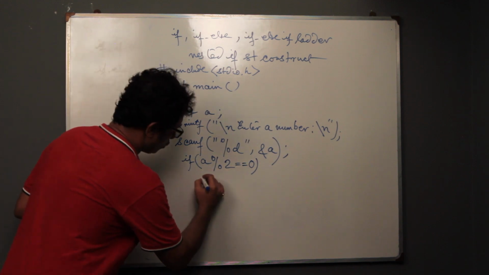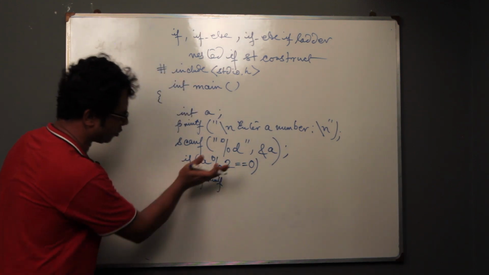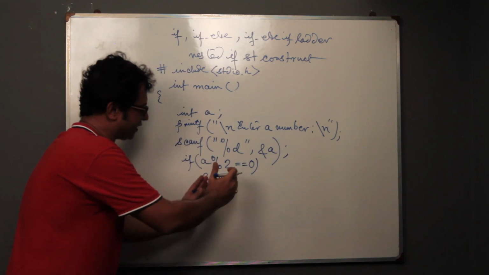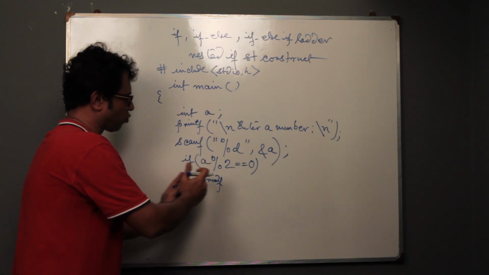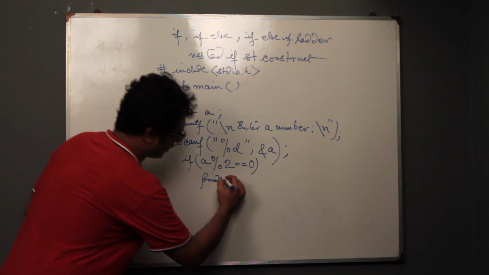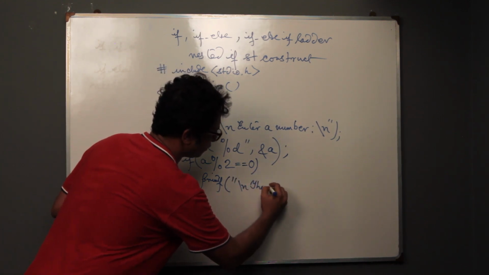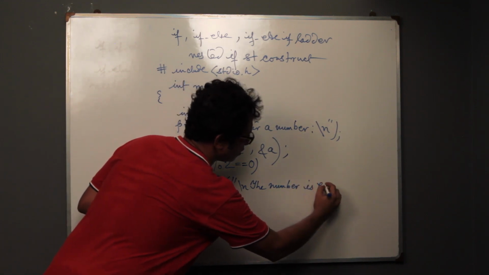So we will print, a little bit of indentation is required because we are writing under if. Any statement after if we will write in an indented fashion, that is just deviate somewhat rightwards. So printf, new line, the number is even,